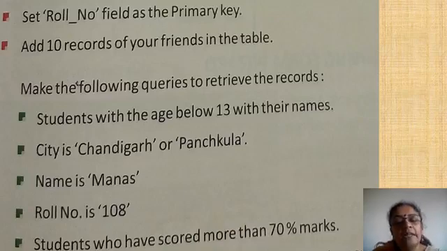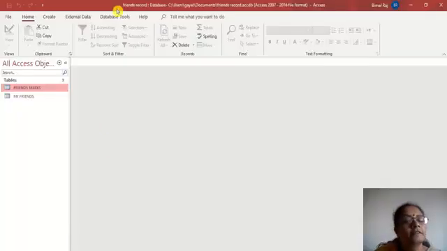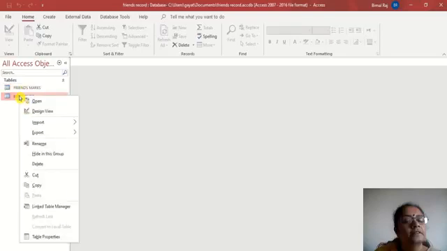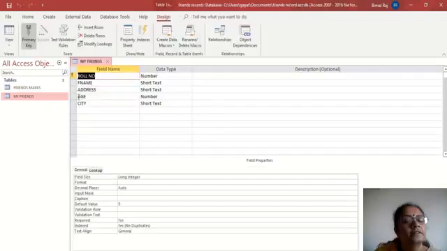So now let us go into doing this practically and understanding the lab activity. So here I have already created a database called friends records, and in that database we have created two tables. The first table is called my friends. I am going to the design view and I show you roll number, first name, address, age and city, and we have given the different data types.